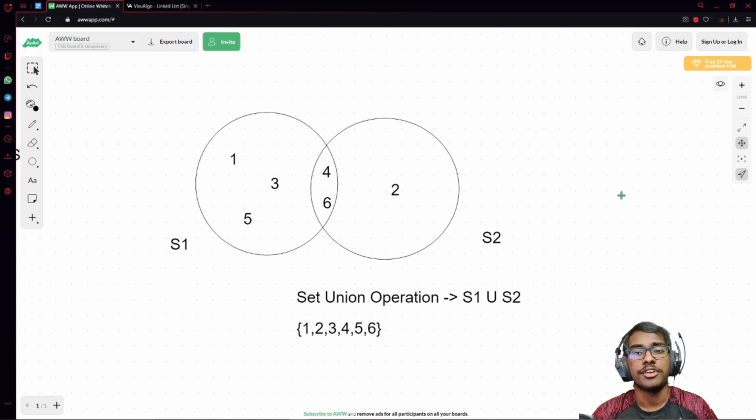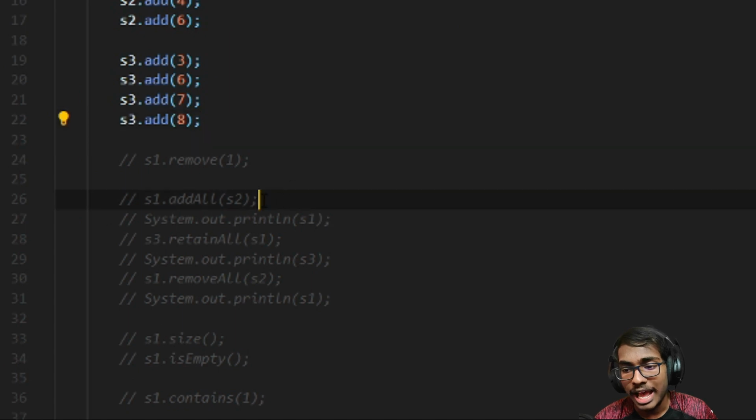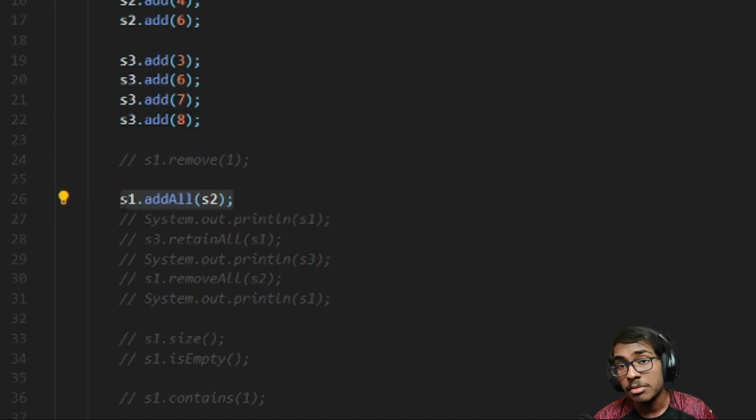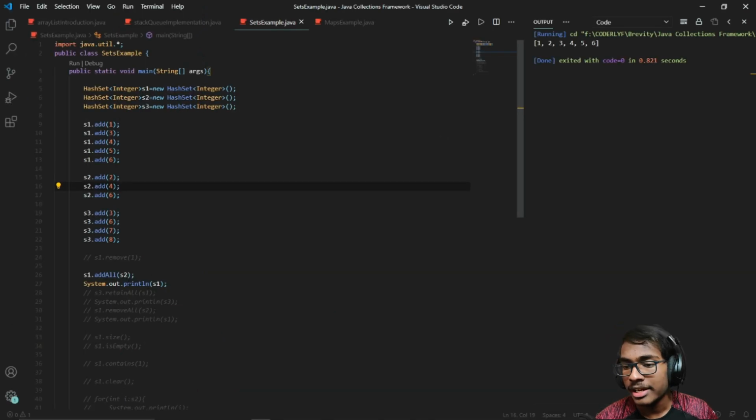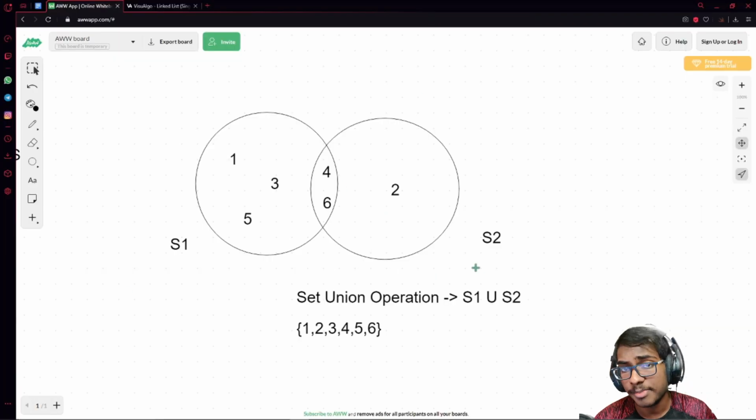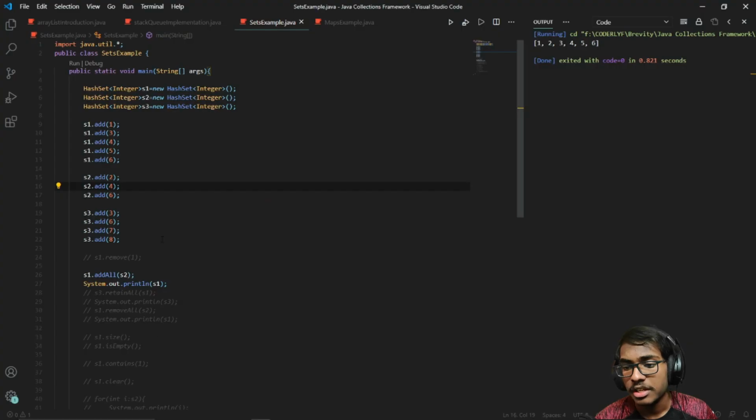So how do we do this in Java? Thankfully, there is a single line of code. There's a method which will directly return the set union operation, which is the addAll method. So when I run s1.addAll(s2), all the elements in both s1 and s2 will now be stored in s1. So now if I print s1, it's going to print 1, 2, 3, 4, 5 and 6. So now when I ran s1.addAll(s2), I got the output 1, 2, 3, 4, 5 and 6, which is exactly what we expected for the set union operation. Moving on,